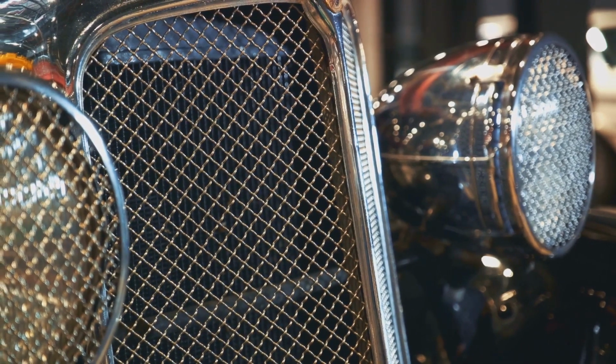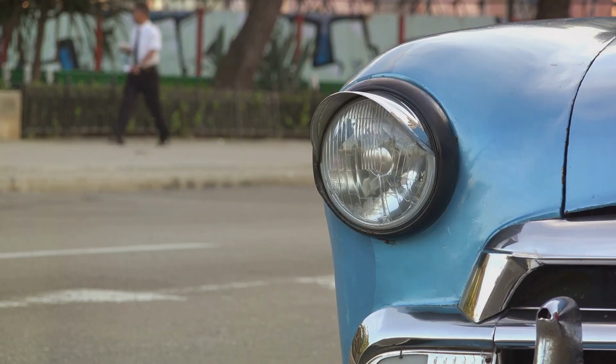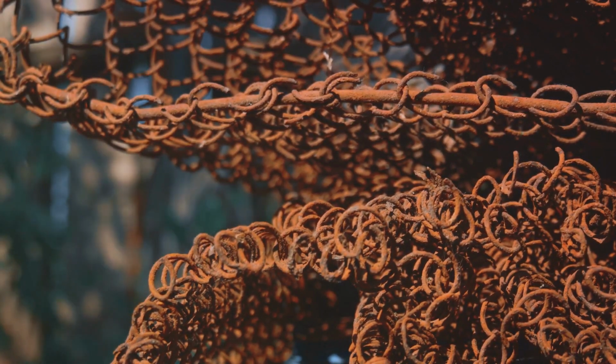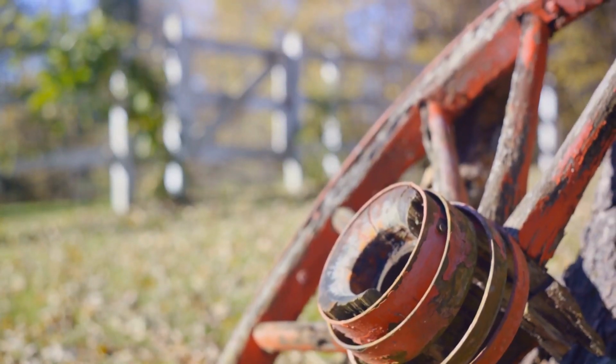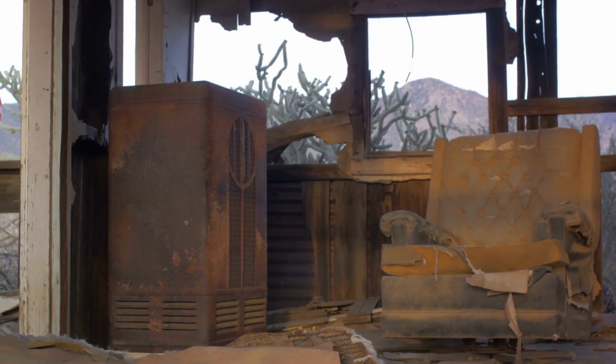But hold on a minute. Not everyone is buying this philosophy. There's a counter-argument, one that views patina as a shortcut, a sign of an incomplete restoration. Critics argue that patina is just a fancy word for rust and decay, a lazy way to finish a car. They say it looks like the owner ran out of money or motivation halfway through the restoration process. To them, it's like serving a half-baked cake and calling it gourmet. They argue that a truly restored car should look like it just rolled out of the factory, shiny and new. Anything less is a compromise, a concession to laziness or lack of skill. They believe that the real artistry lies in the painstaking process of restoration, in the hours of labor spent sanding,